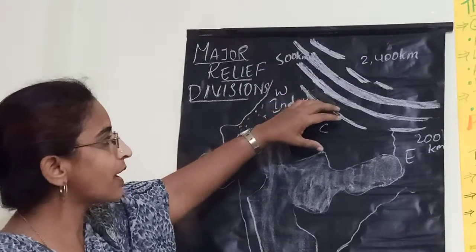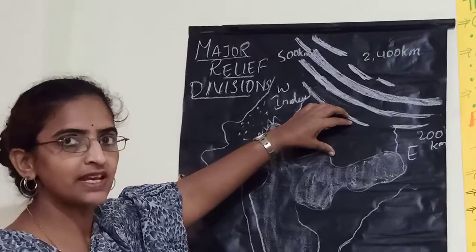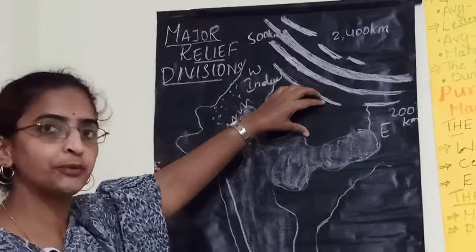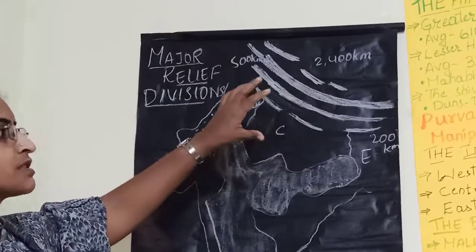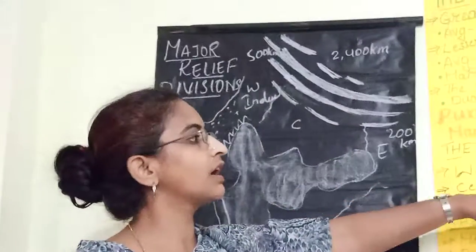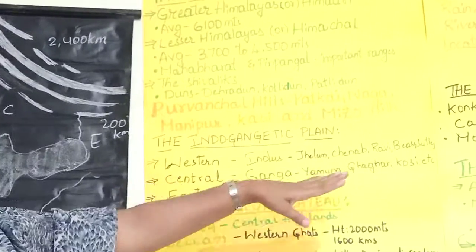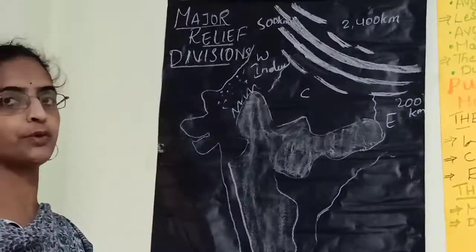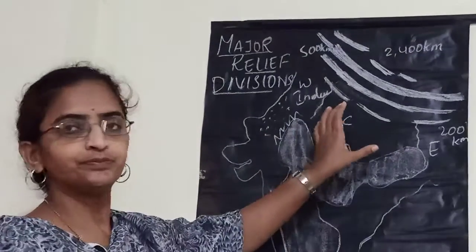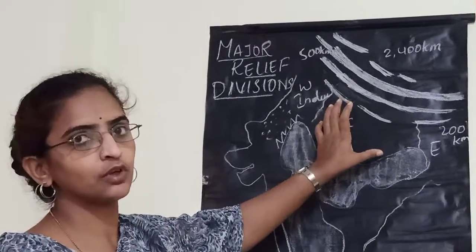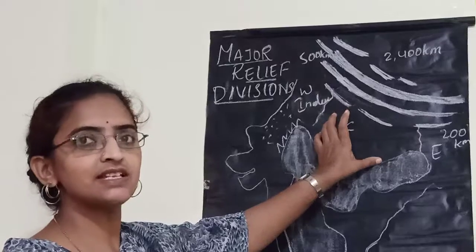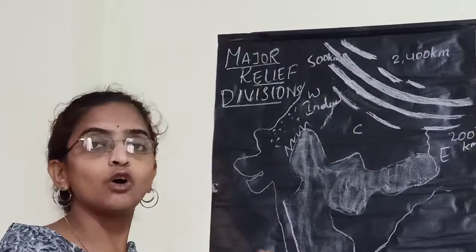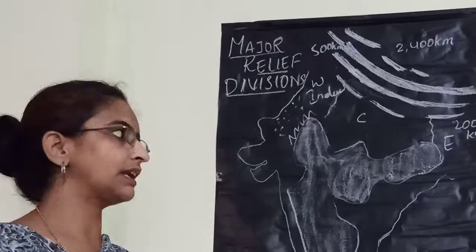Okay, the central part of the Indo-Gangetic Plain is completely an extension of river Ganga and its tributaries. The very famous tributaries of river Ganga like Yamuna, Ghaggar, Kosi, Betwa, Son. Okay, so there are a large number of tributaries found flowing in the central part of northern plains and it's making this land very fertile and awesome land for cultivation.